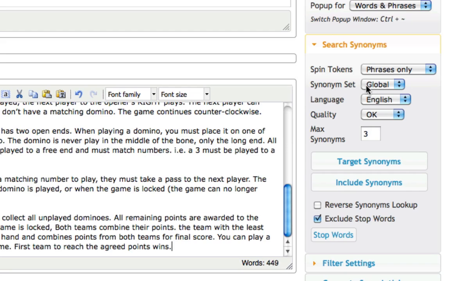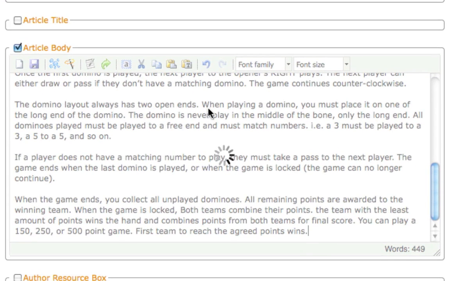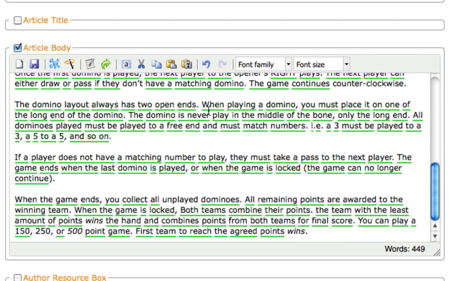I still haven't gone through all the bells and whistles, but the only thing that I follow here is what my friend recommended. The only thing I'm going to change here is change this to phrases and words. And I'm going to put this to 5. That's it. Click on target synonyms, and what it will do is actually choose or pick some of the words